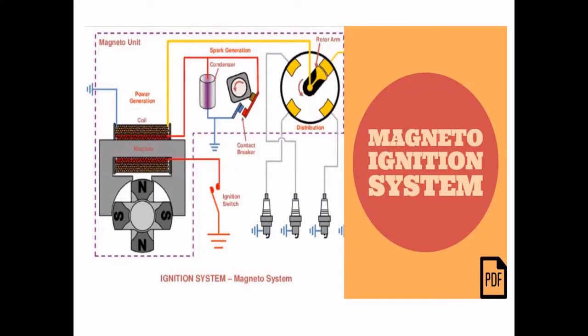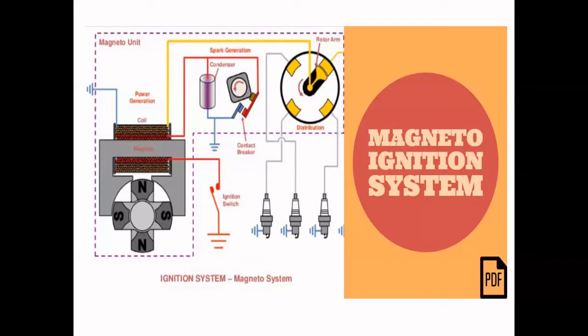It produces the required amount of electricity, which is sufficient to operate the ignition system, to cause the ignition in the combustion chamber. Once the magnet starts rotating with the help of the engine, it starts producing current, that is voltage. As the speed of the magnet increases, the amount of current produced also increases. That means more and more voltage is produced at higher rotation of the magneto.